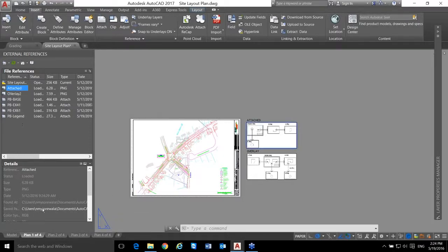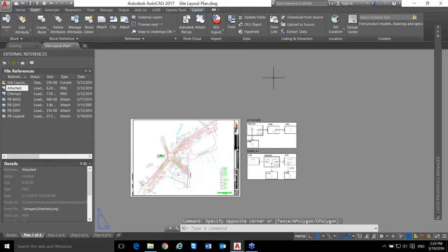But again, these are saved full path, and I'm going to make them relative. Make relative. And now notice that it is images and attach. And this, again, is a Windows convention of which directory things are in. So that brings us to